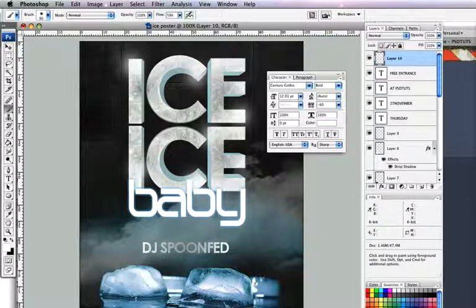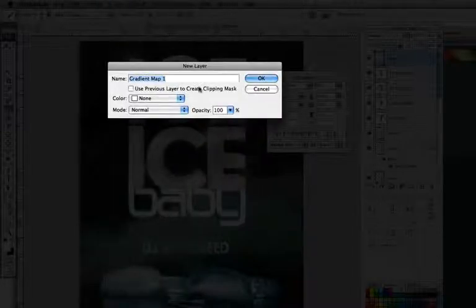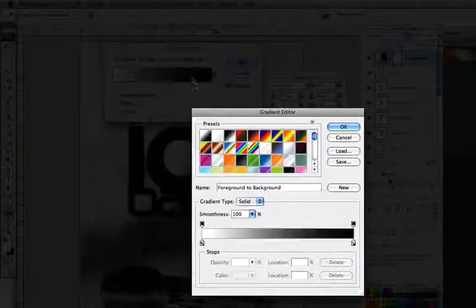Next what we're going to do is apply a light adjustment. So we're going to go to gradient map. We're going to have a nice gradient map coming all the way down. We're just going to change the colour of this slightly, almost date the image a bit. So we need to create a gradient map. So we're going to go to Layer, New Adjustment Layer, Gradient Map, click OK, and we're going to set this to